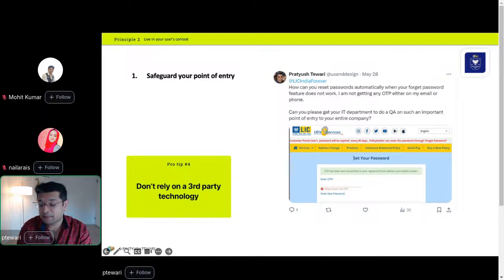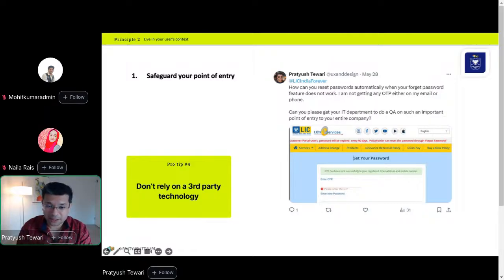Anyway, most of the time, and I'm very sure that you will resonate with this use case, your OTP doesn't come. Sometimes there are hours between your login request and the OTP that you receive. Sometimes it just doesn't even come. So this is the problem where the user is not able to log in to the system because you have relied on a third-party solution and only one solution.